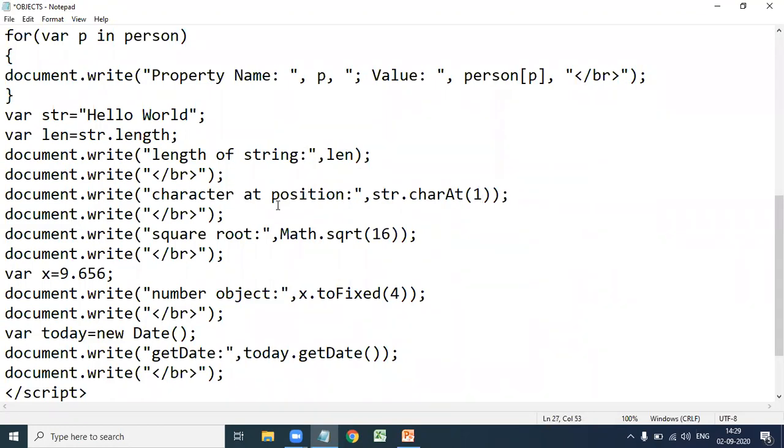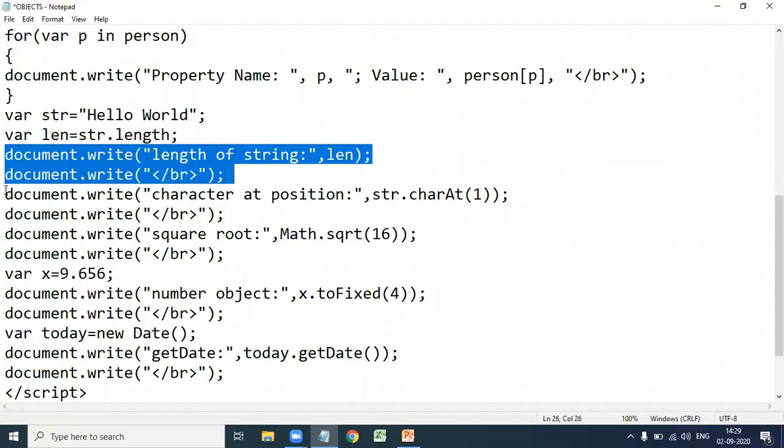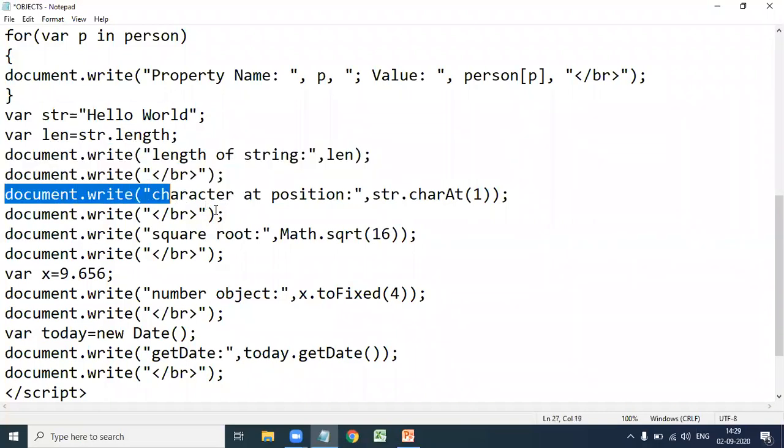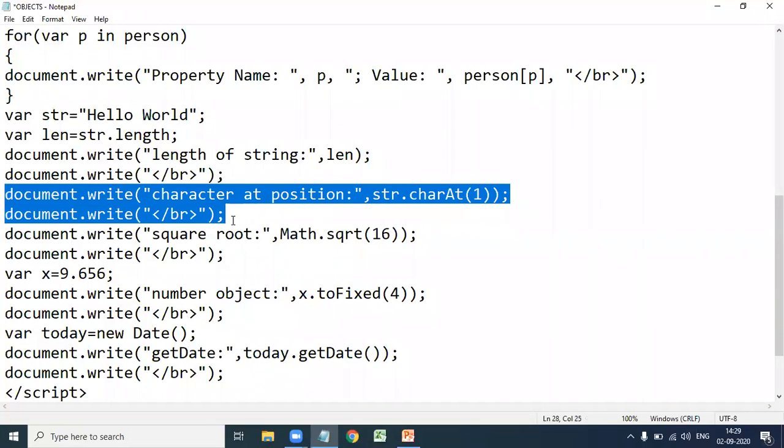That means it returns the character at position 1. This is the string object; this one is the length property of the string, and charAt, the character at a position, is a string method.